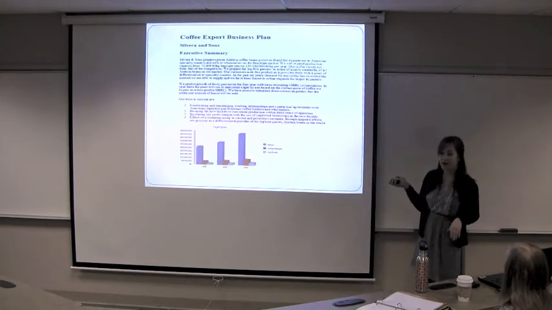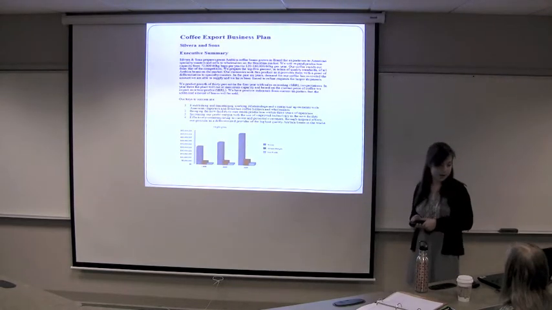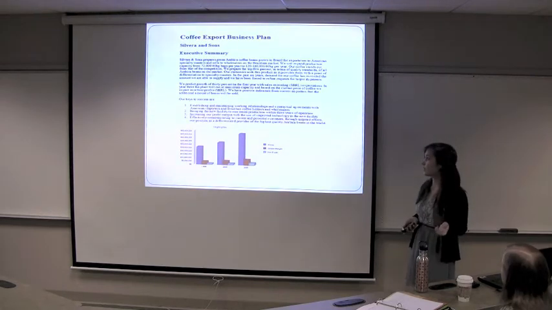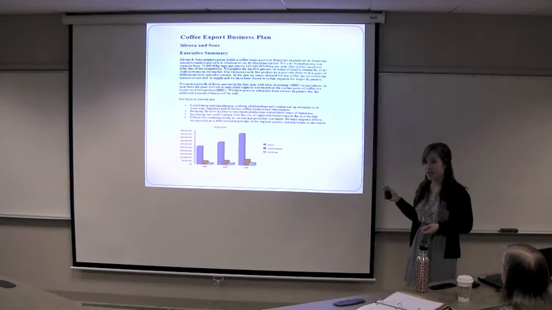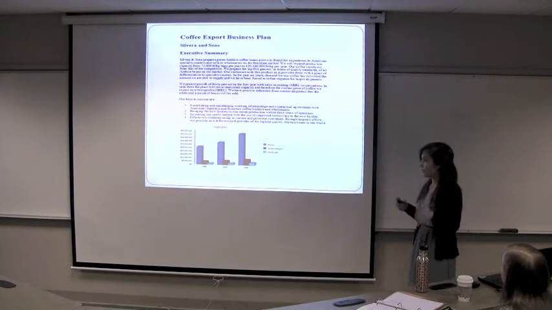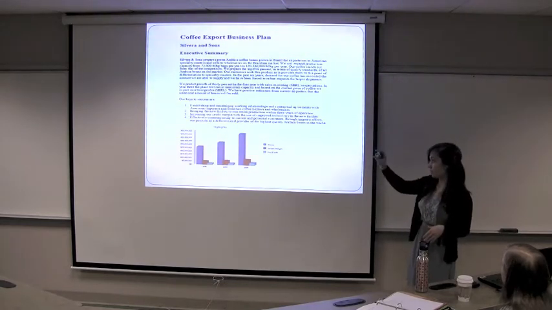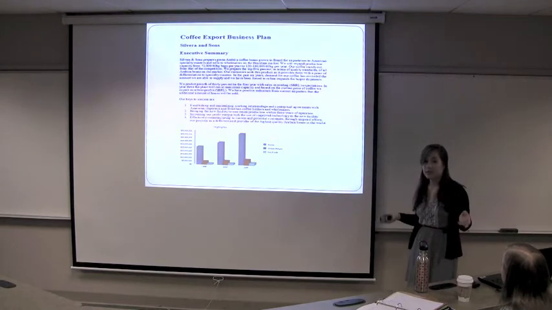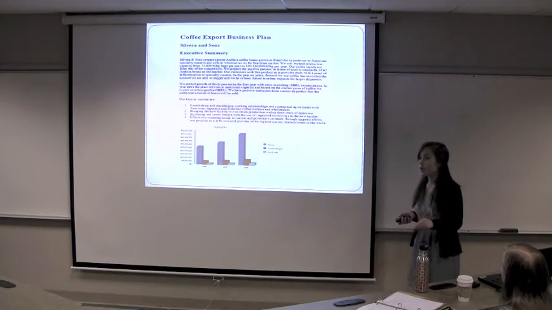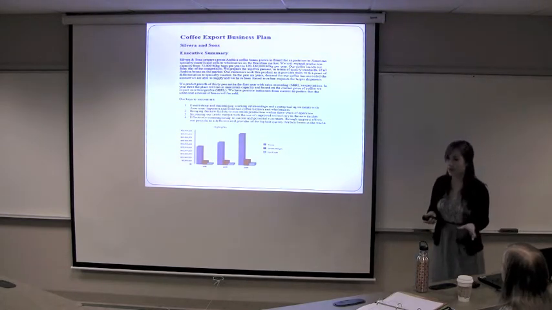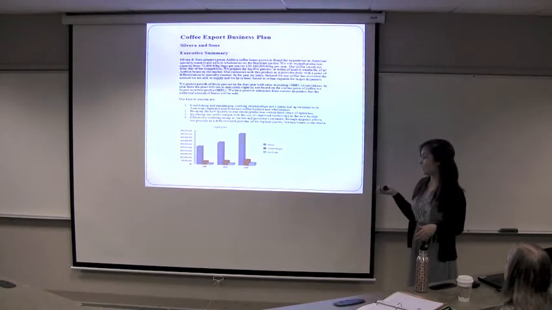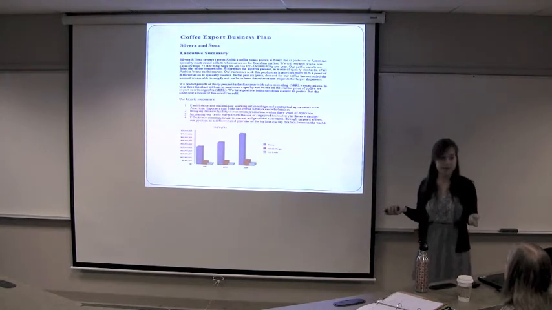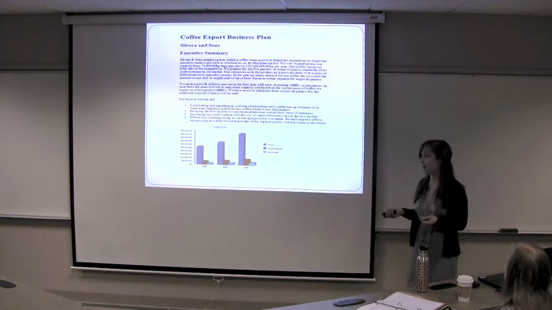And so we have a couple examples here. Here's one, an executive summary, just a sample, and you can see how it has a couple paragraphs at the beginning, like an introduction, and then there's also a couple points. So if you want to do a couple bullet points to outline objectives, or you want to have an outline format, you can do that, or it can be in paragraph form. And this one also has a graph that you can see. If that is beneficial to your presentation, you can include that.